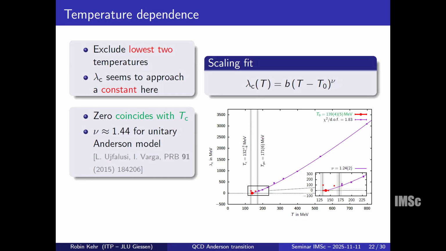QCD Anderson transition is expected to be in the universality class of the unitary Anderson model. And if we include all the temperatures in the fit, then this is still in reasonable agreement, since we cannot expect the scaling window to be that large. But we don't have enough points here to really shrink it. But we have tested it. If we exclude the highest point or include next to leading order scaling corrections, then this coefficient